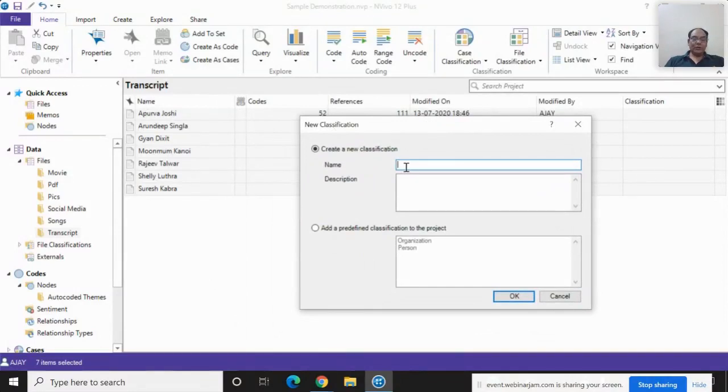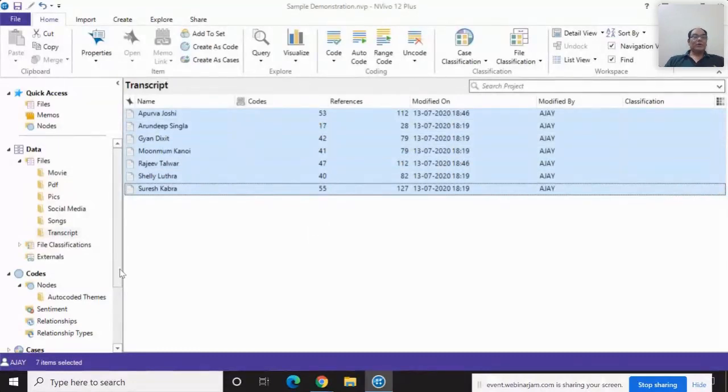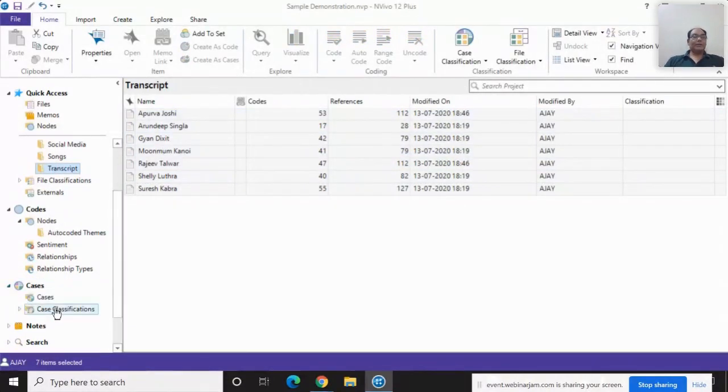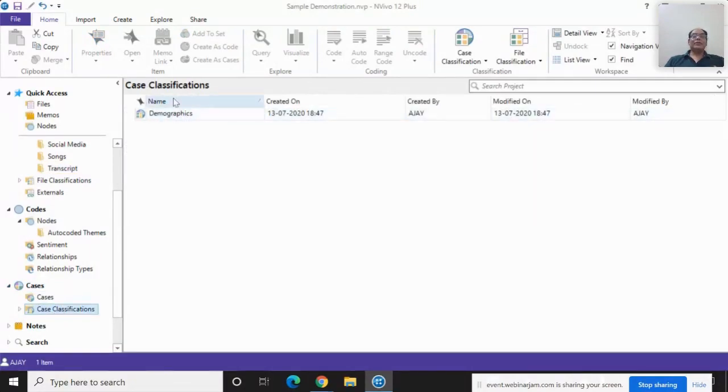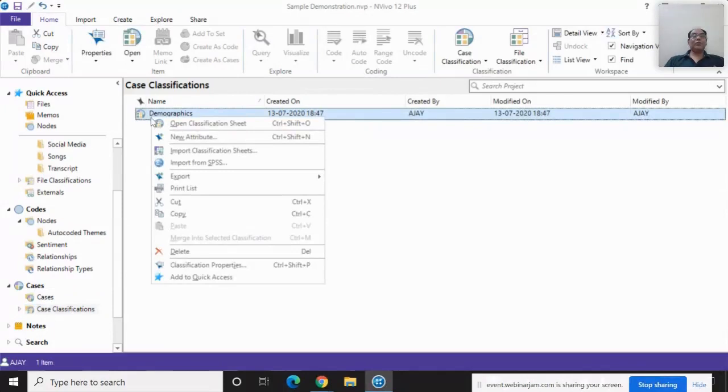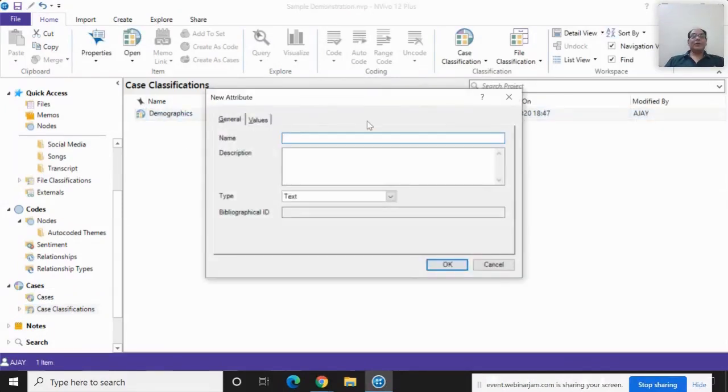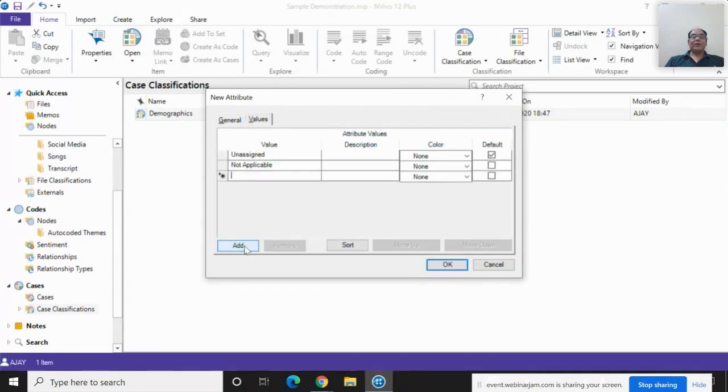So suppose I know the demographics of the data set. Like now all the cases come here. Case classification, yeah. So this information I am creating, but there are different types of demographics. Which demographics? So now I want to create a new attribute which is gender, and in gender we know that there are only male and female. So I'm typing that males may be there and females may be there.